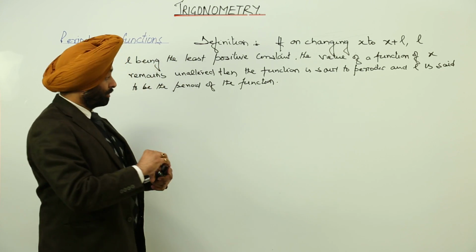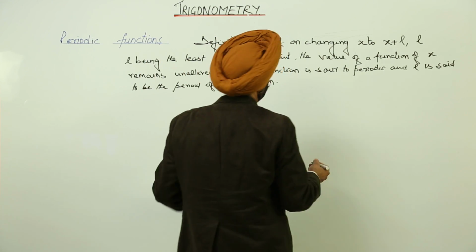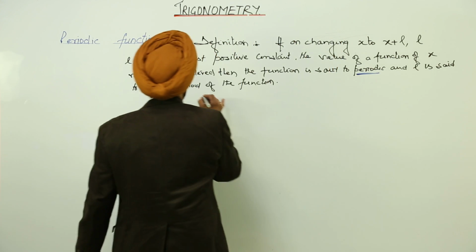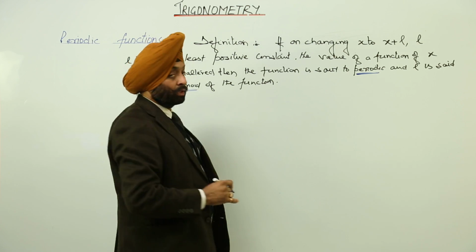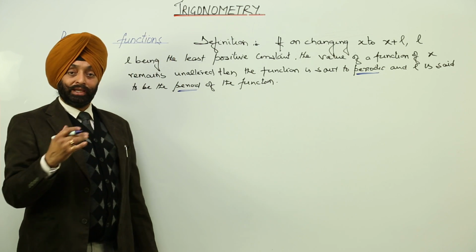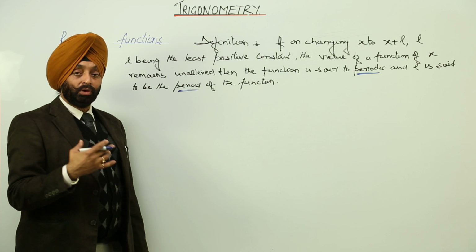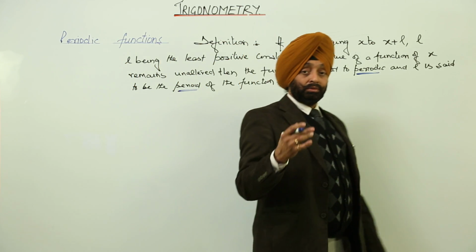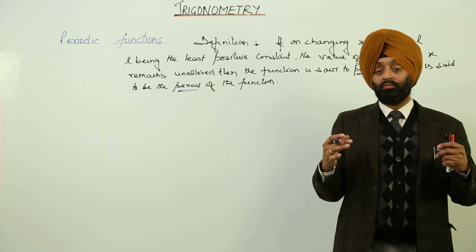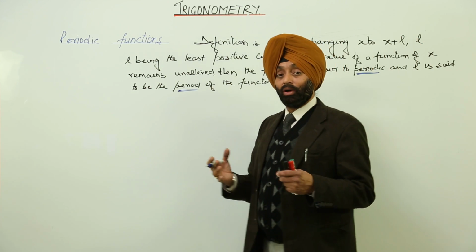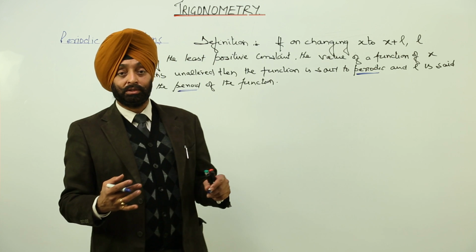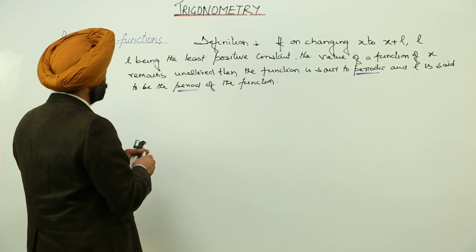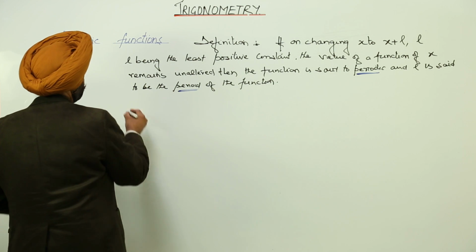Now once again we are having two terms here, periodic and period. Now if x is changed to x plus L, what L can be? For example, we have gone through it that sin x, when we are adding 2 pi in it, one complete cycle, and sin x remains sin x, that is a periodic function. 2 pi is the period. Is it clear? So example,